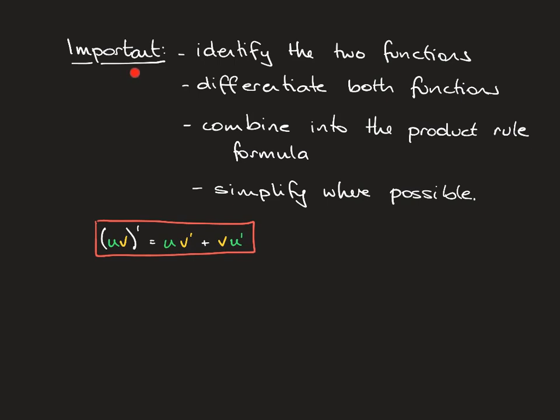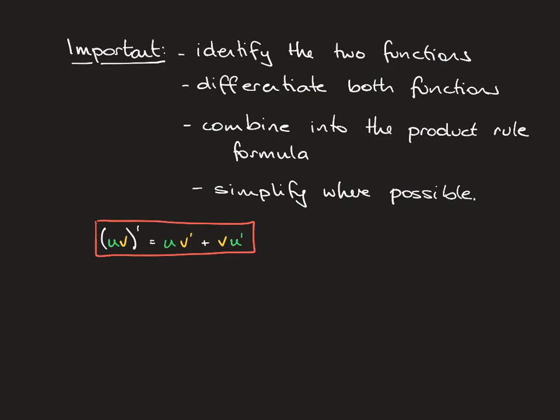So what's important when using the product rule? Well, firstly, you need to identify the two functions. And it doesn't matter what type of function they are, you just need to identify that there are two. Then you need to differentiate both and then combine them into the product rule formula and then simplify